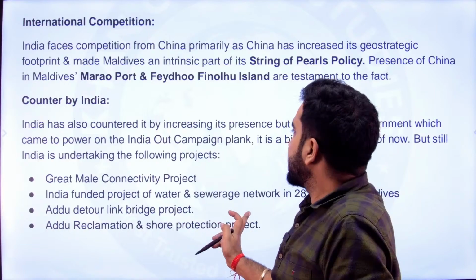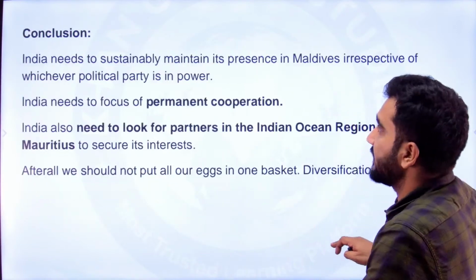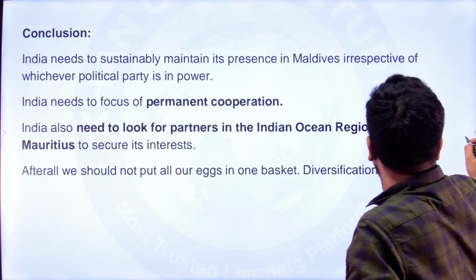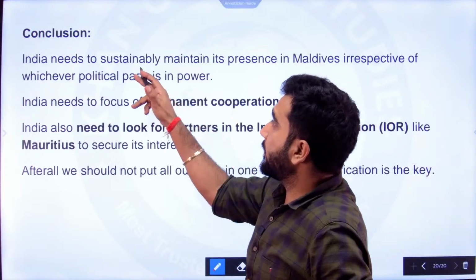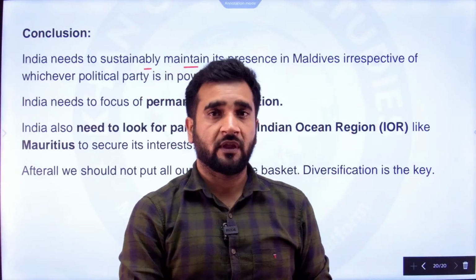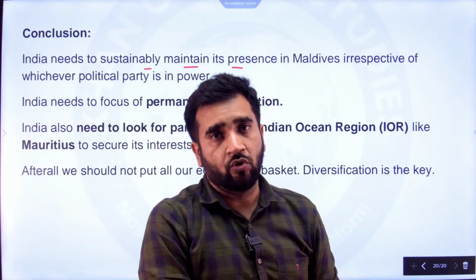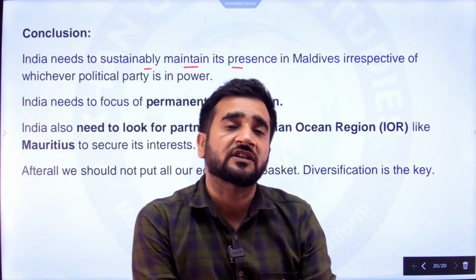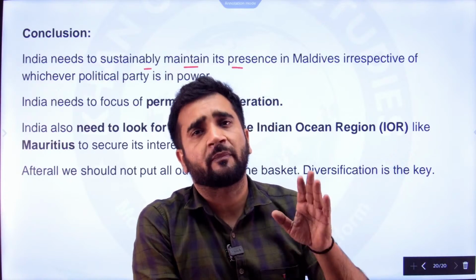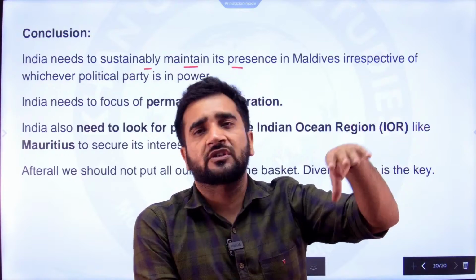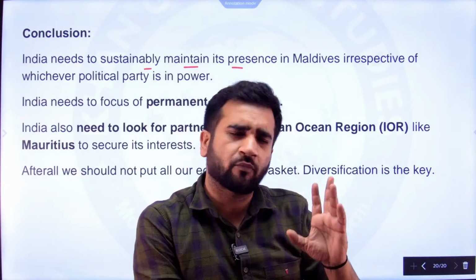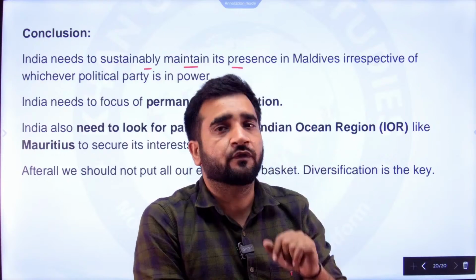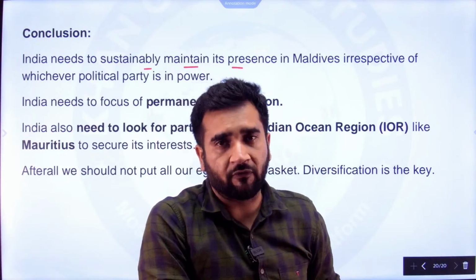तो ये चीज बेसिकली हमें समझने वाली है इस पर्टिकुलर क्वेश्चन में। और इसका जो कंक्लूजन है, इंडिया को सस्टेनेबल प्रेजेंस अपना मेंटेन रखना है मॉलडीव्स में। ऐसा नहीं कि बहुत ज्यादा आप घुस रहे हो, क्योंकि पिछले 5 साल में, यानी कि 2018 से लेकर 2023 तक हमारा बहुत ज्यादा प्रेजेंस हो गया था वहां पे। हमने अपने ट्रूप्स वहां पे डाल रखे थे, हेलीकॉप्टर्स वहां पे स्टेशन कर रखे थे, फाइटर जेट्स वगैरह, बहुत सारी चीजें कर रखी थी। तो तभी तो वो इंडिया आउट कैंपेन सक्सेसफुल हो गया और एंटी इंडिया गवर्नमेंट केम टू पावर ओवर दैट।